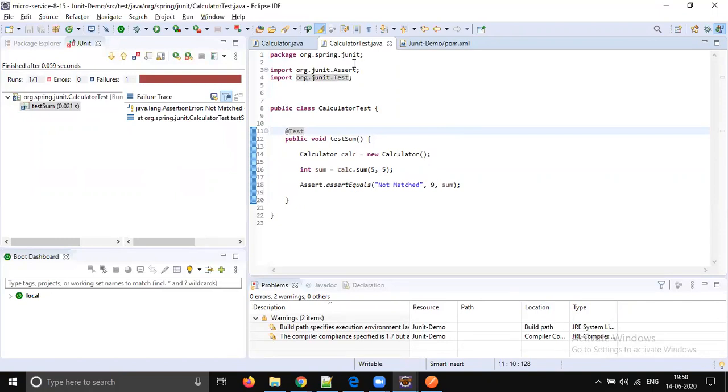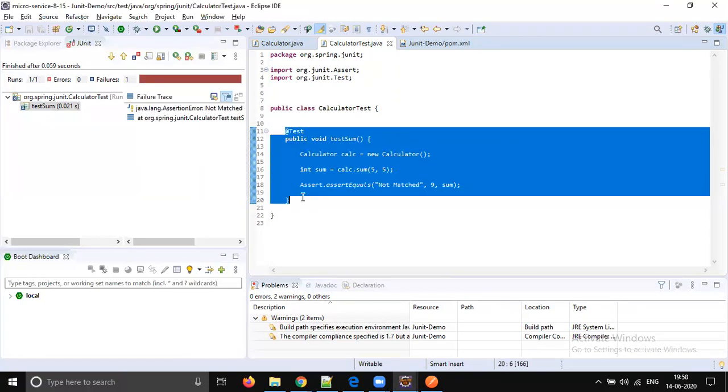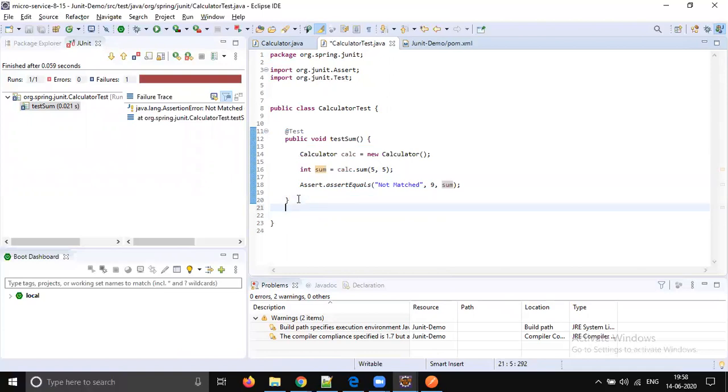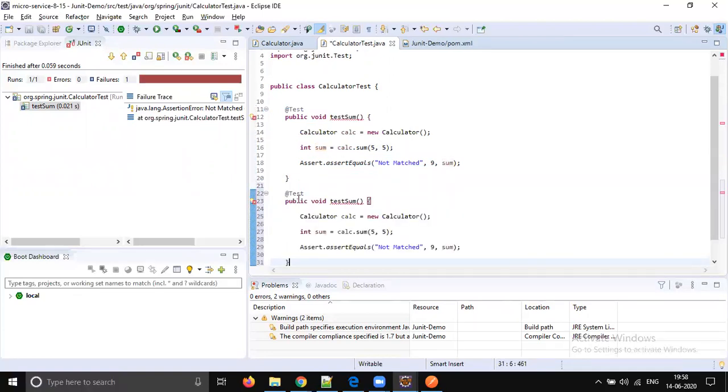Unit testing will help us to identify if there are any issues in your code. For example, you are expecting a different value, and if it is not identified, you can identify it here itself, right? So like this, we need to write a couple of test cases. It is not advisable to write one or two test cases. You need to write as many as possible.